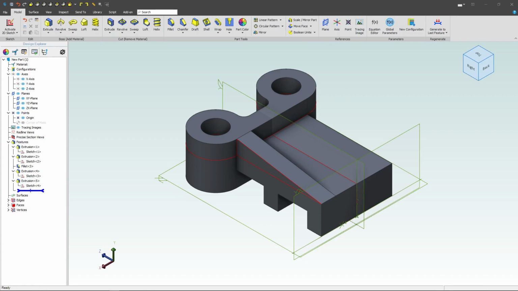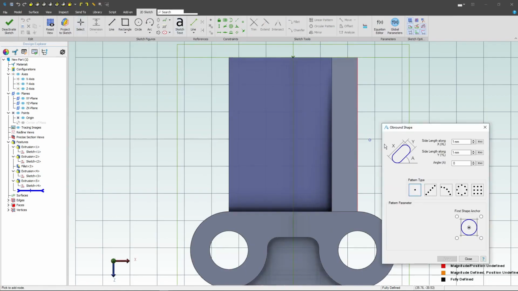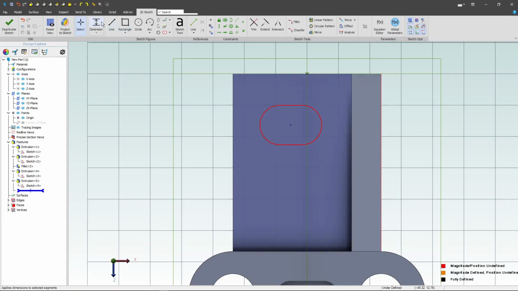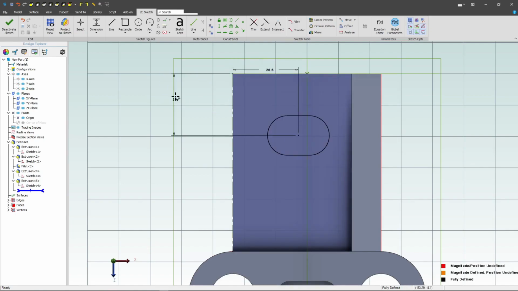Lastly, I want to add in a nice slot shape, which I'll select this face and sketch on. I can find that here with an oblong shape, and I can define it as follows. I can add 25 millimeters, 16 millimeters, and we'll leave that as 0. And then I'll click once and apply. Now I can close and position this. I'll dimension from this edge to this center point. We'll give it a distance of 26.5, and then from here to this point we'll go 25, and we're fully